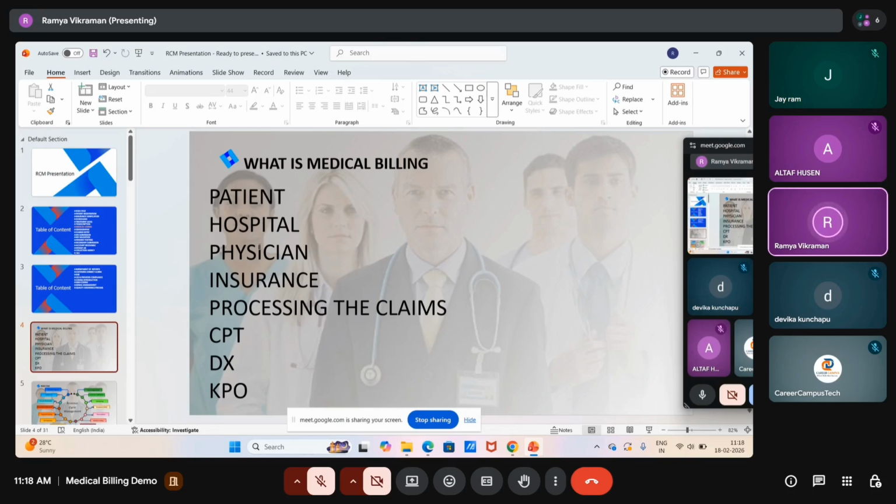If the shift starts for the doctors around 9 a.m., then they will finish their shift by 5 p.m. During that time, Indian Standard Time will start our day. For example, if it is 5 p.m. in the US, it is 8 a.m. in Indian Standard Time in India. Once they have completed all the work, they will scan all the information to the Indian people. Whenever they have contact with any organization, if they contact the US office, they will outsource all the info. They scan all the information on the same day. They don't wait for the very next day.